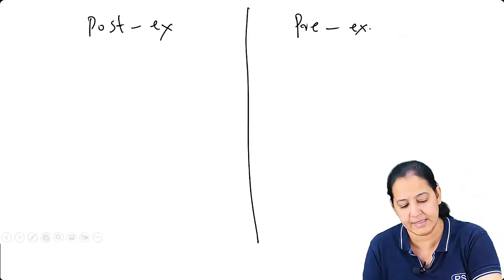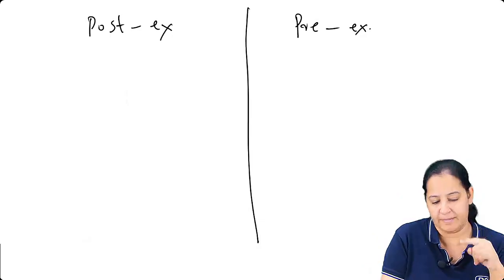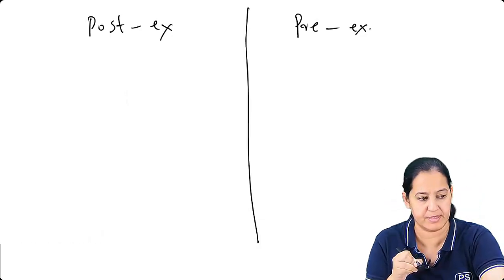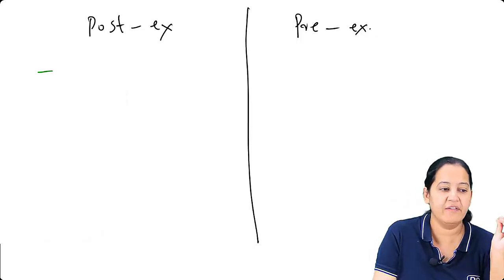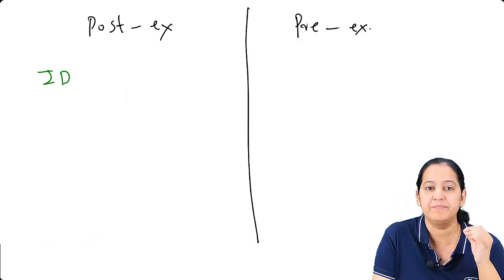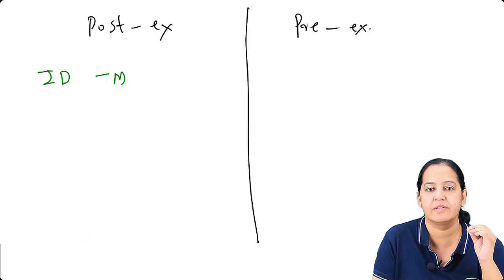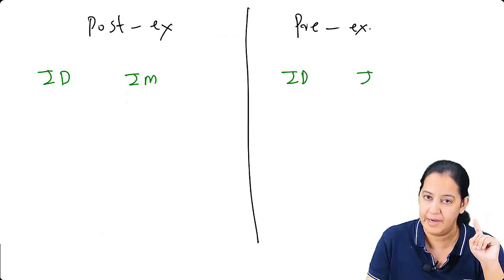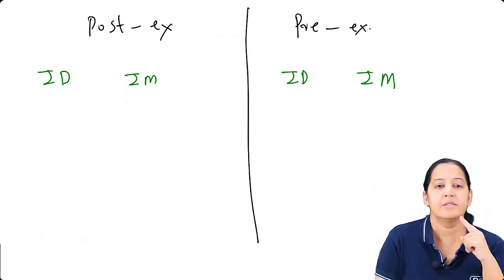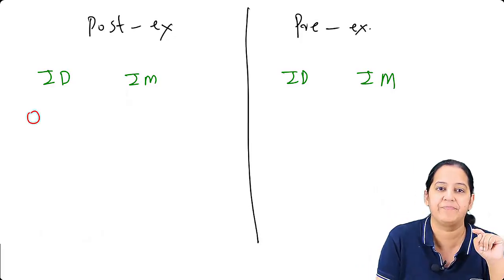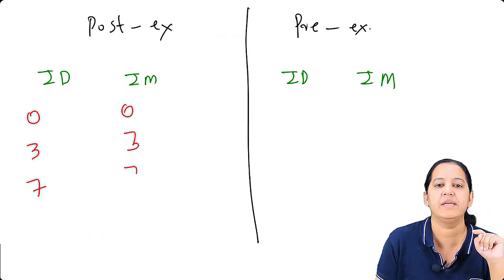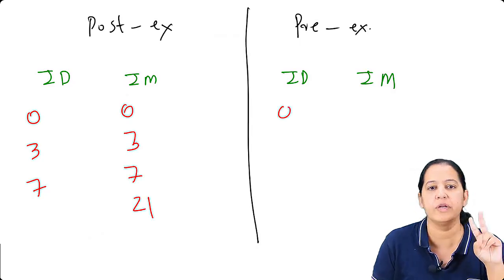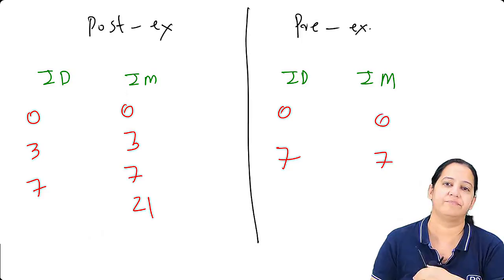People, listen. So here we call 3 times or 4 times. Here we have two regimens, intradermal and intramuscular. Here also we have two regimens, intradermal and intramuscular. Here we will call the man 3 times: 0, 3, 7. Here 0, 3, 7 and 21. And here we call only 2 times: 0, 7.